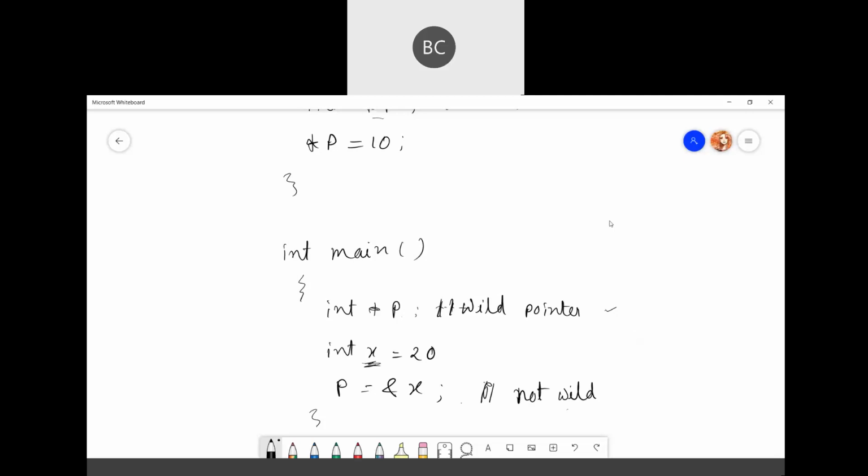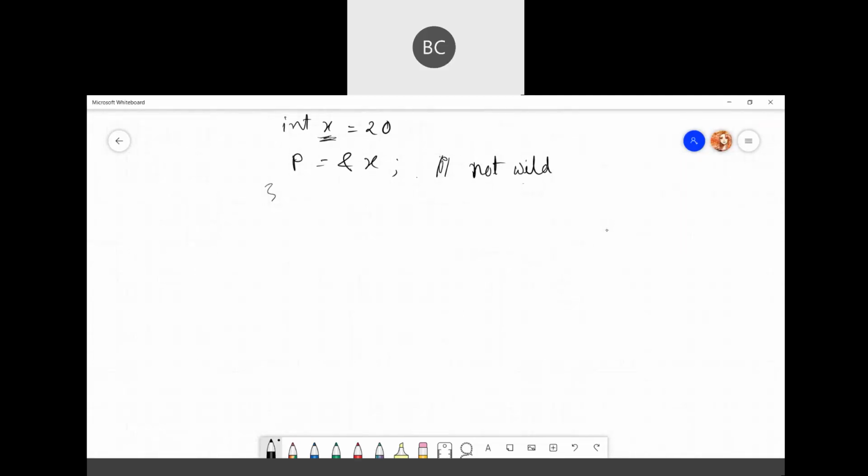So next, let's come to the dangling pointer. What is a dangling pointer? If a pointer points to a memory location that has been deleted already, it is called a dangling pointer.